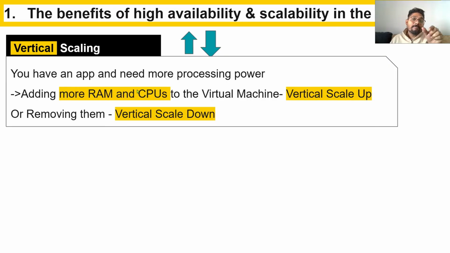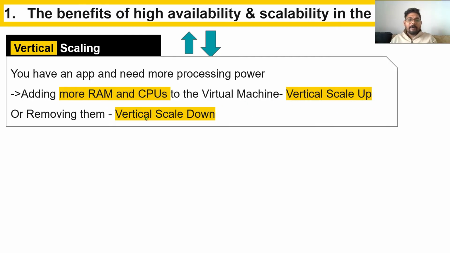You are adding the components. So your virtual machine is your service. Let's say I got a virtual machine as a service. I'm using the virtual machine, but in that, the components RAM and CPU I'm increasing. I'm not increasing, let's say, the hard drive size. I'm just concerned about a few components. RAM and CPU I would like to increase. So when you are working at the component level and increasing them or scaling them up or down, it is called vertical scale up.